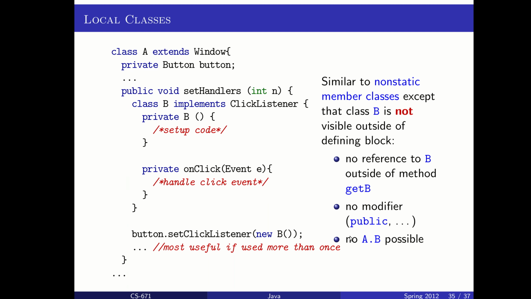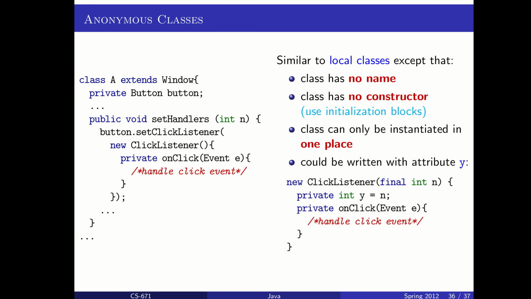We're not able to do that A.B kind of language to create new B objects, again, because they don't exist outside of this space and they don't need to. I've created the behavior I needed for clicking. I set the listener, and so that B object is going to get called. Its methods will get called whenever some click happens. So it's all local to that space. If you've done Android or other user interface type programming in Java, you've probably seen something like this, even if you didn't understand it. An even shorter hand way of doing this kind of thing is to use anonymous classes